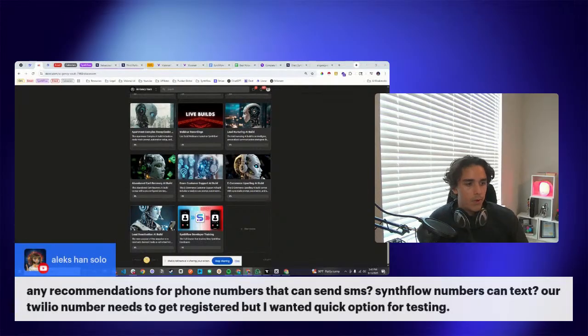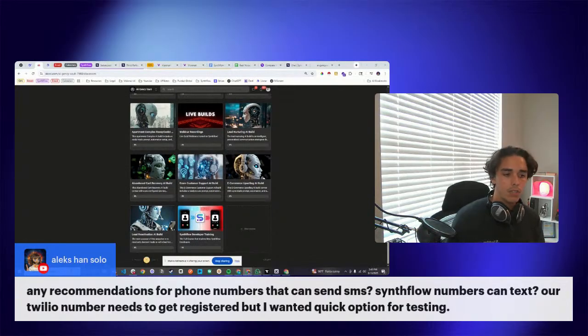Any recommendations for phone numbers that can send SMS? Synthflow numbers can text. Our Twilio number needs to get registered, but I wanted a quick option for testing. That's a good question. Synthflow numbers, I don't have a clear answer on that. If they can just send text messages like that, you could test it out.